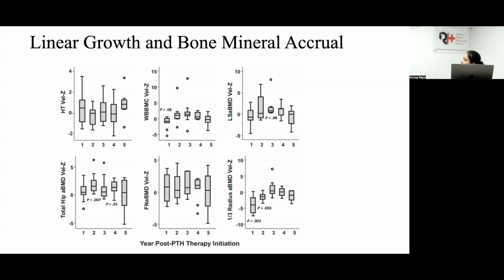So why do you think hypoparathyroidism will have a low bone mineral density? Hypoparathyroidism is a state of hypocalcemia. So if you correct your calcium, do you think you will still have low bone mineral density? Yes. So theoretically, PTH may have an impact in terms of bone formation. So that's what they're trying to look at. But what you are seeing is that it doesn't have a huge difference. So even with hypoparathyroidism, if your calcium is all right, you don't have a low bone mineral density, except for